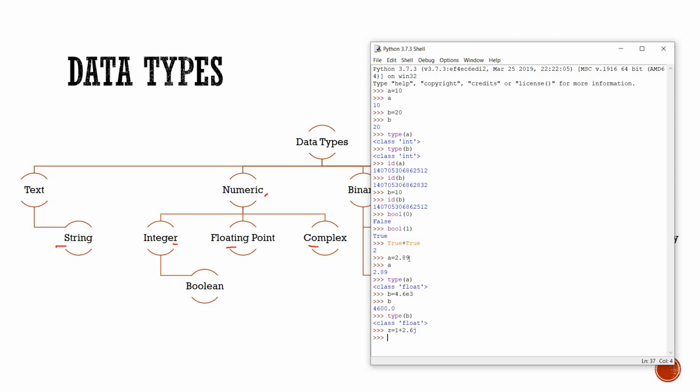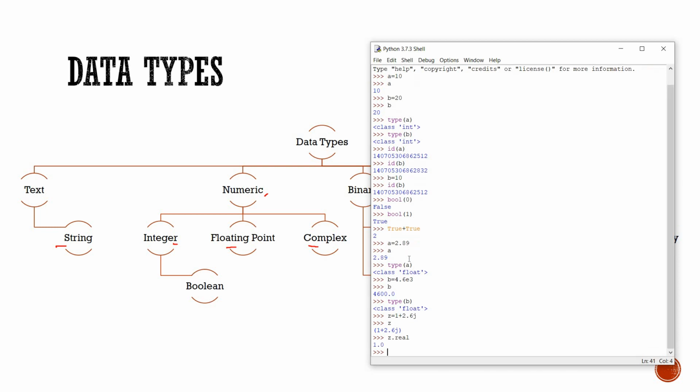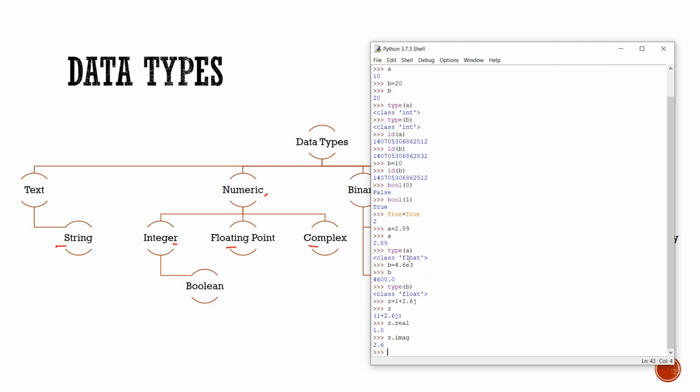I stored the value. Now I check the value of Z. If I want to check the real part of Z, then I need to write Z dot real. So the real part is 1.0, and if I want to check the imaginary part, then I need to write Z dot imag. So here 2.6 is our imaginary part.